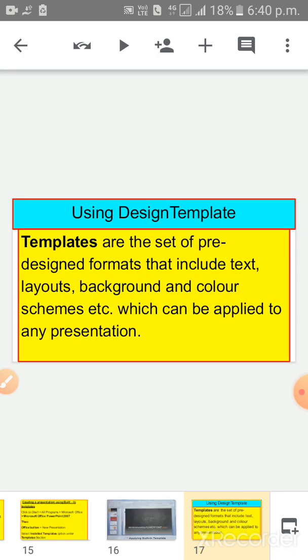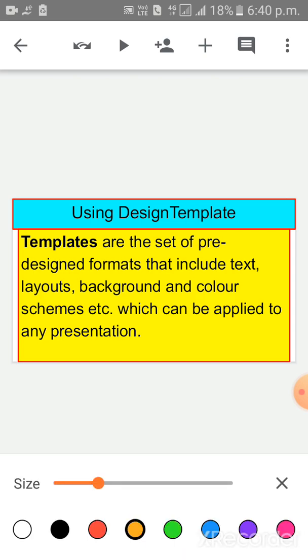Now children, using design templates. Templates are a set of pre-designed formats that include text, layouts, background, color scheme, etc., which can be applied to any presentation.